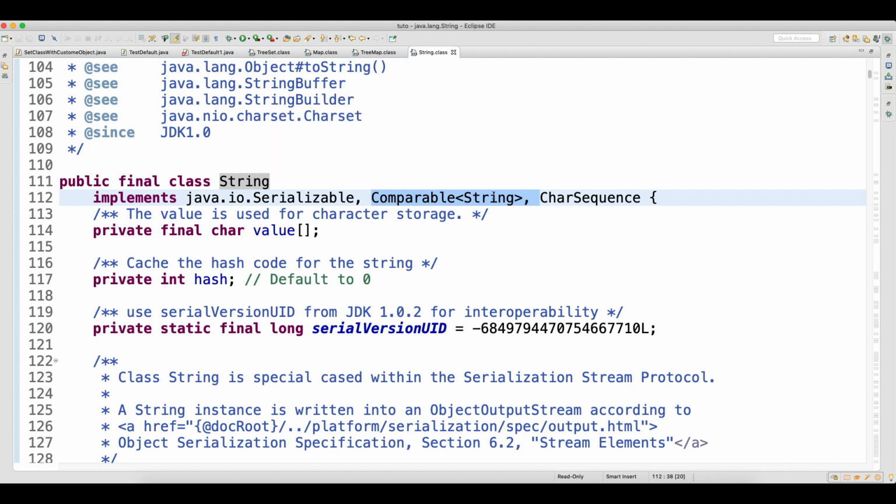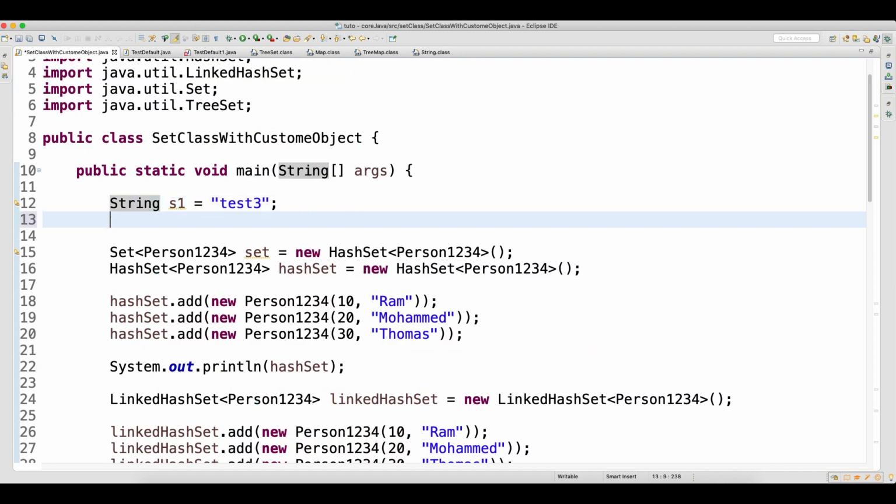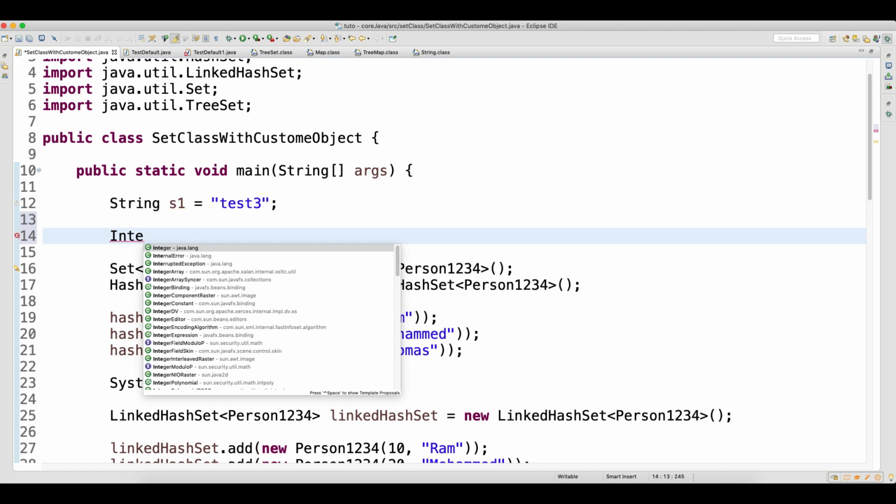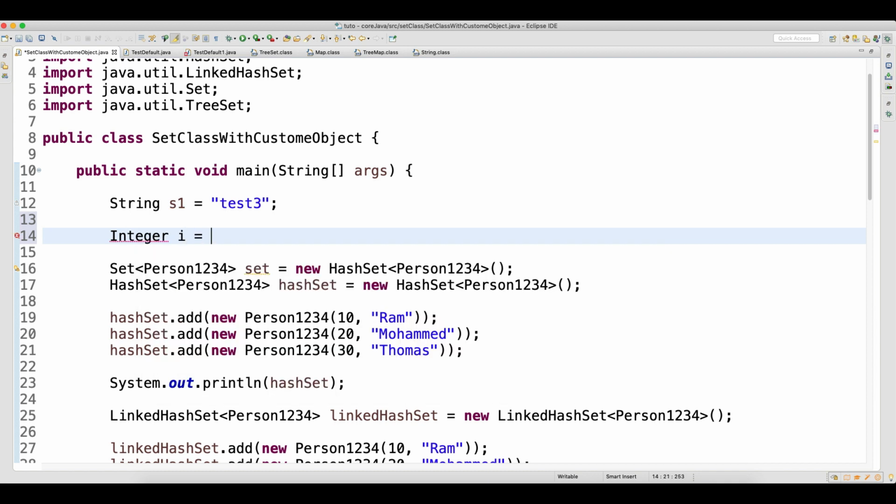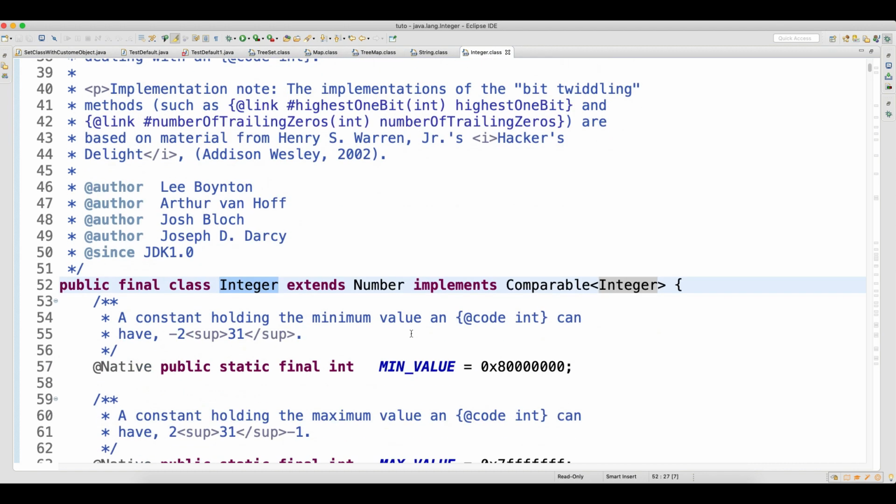Now come back and write here Integer i equals, let's say, 90. This is the wrapper class, because when you add primitive data in the set, internally it will do Integer.valueOf to convert to the object. Now press control, click on Integer. See here, this wrapper class implements the Comparable interface.